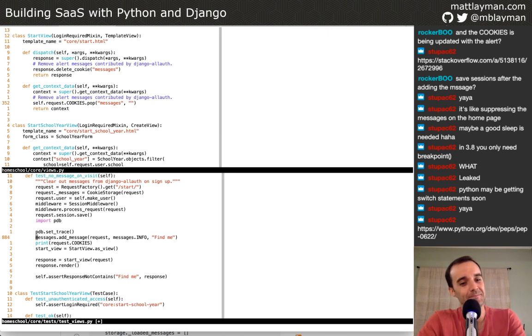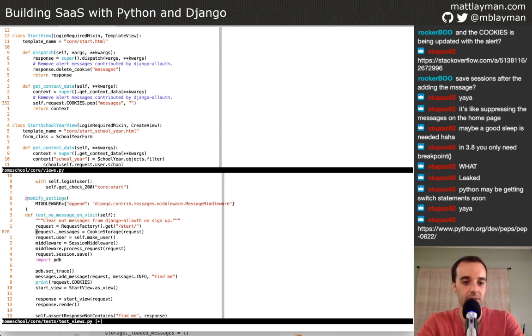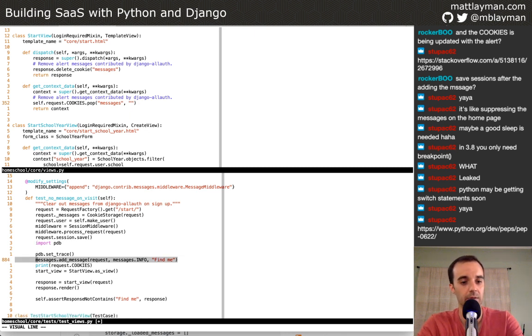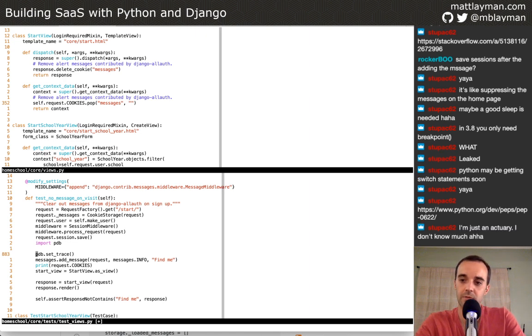All right. So kind of back to, can we just add this to the cookies on the request directly and get rid of this nonsense around actually dealing with cookie storage? Or it might need to exist, but get rid of this line around add message. So maybe we need to,